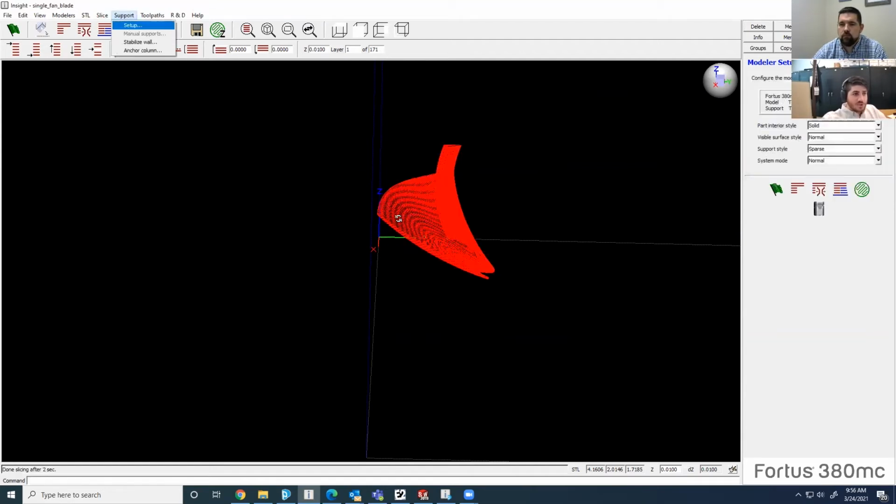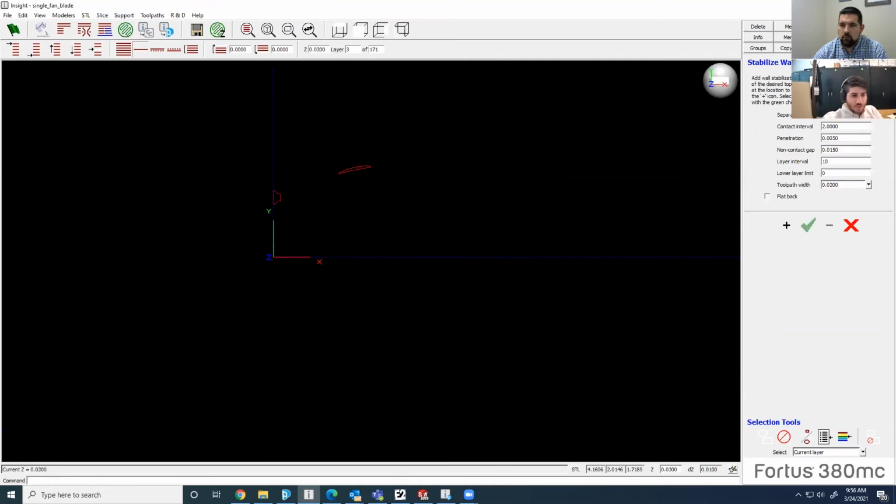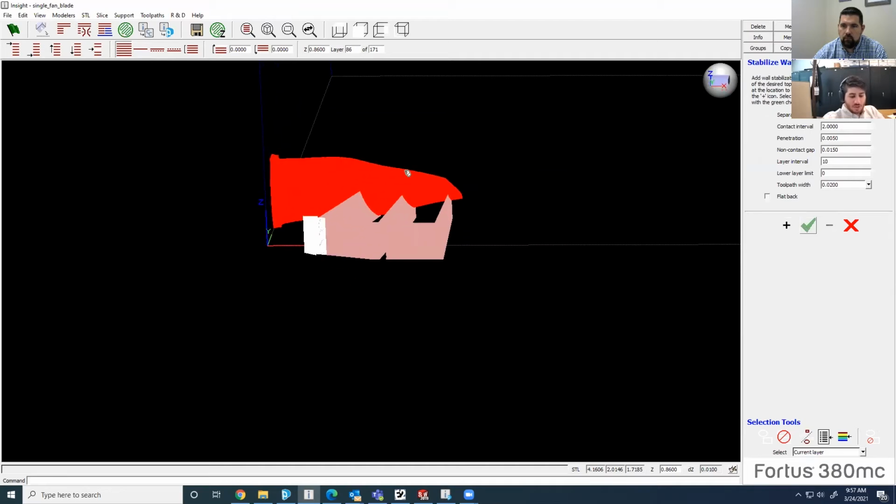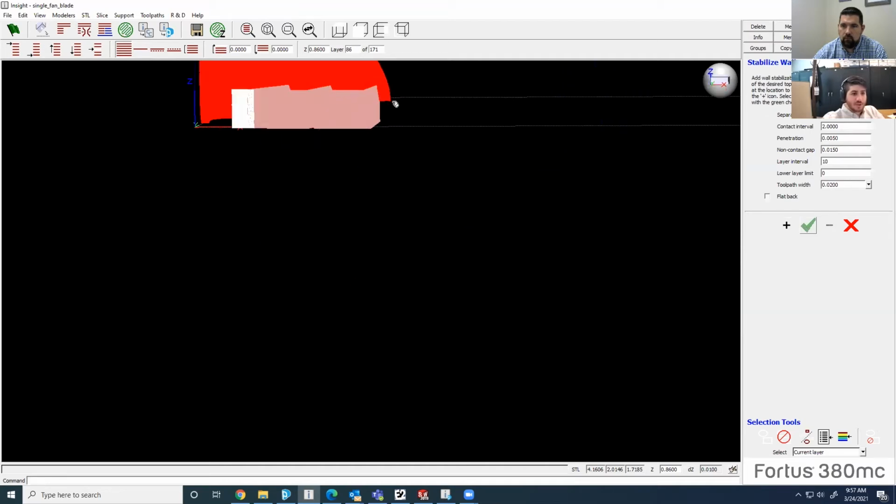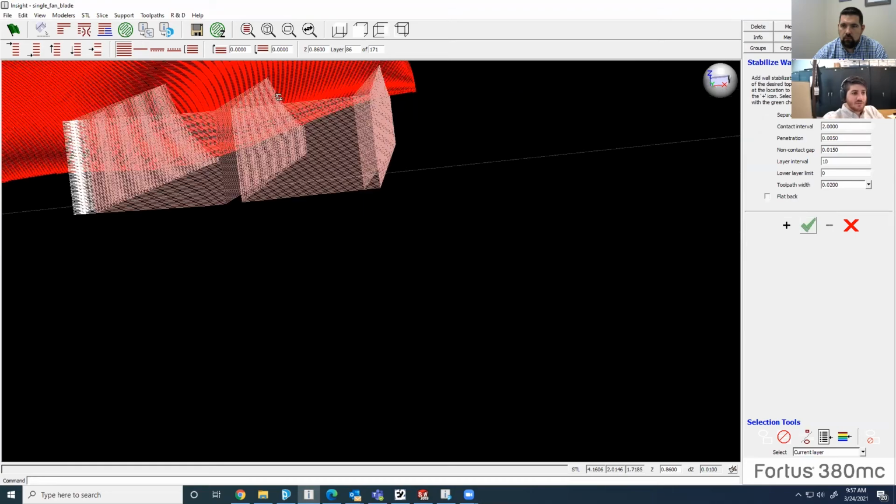and then we can add what's called a stabilized wall. So you would go up to a select layer. So I'll go about 50% of the way up. And that'll add this stabilized wall and mount it directly to the build plate. And every few layers,